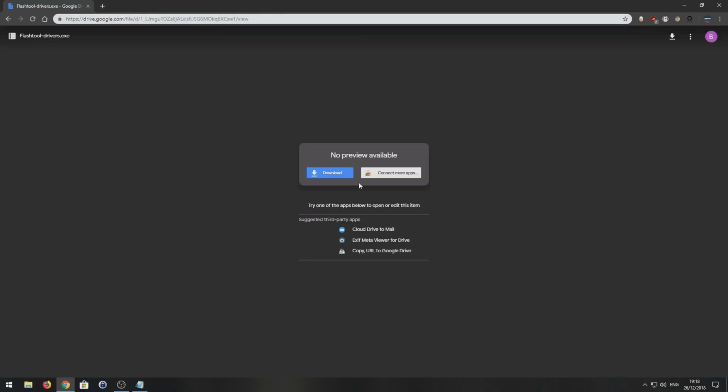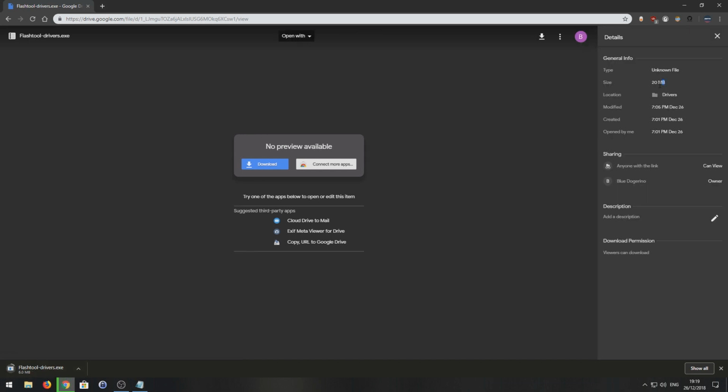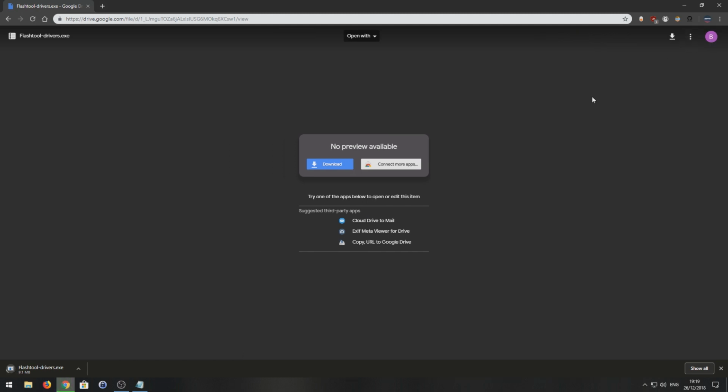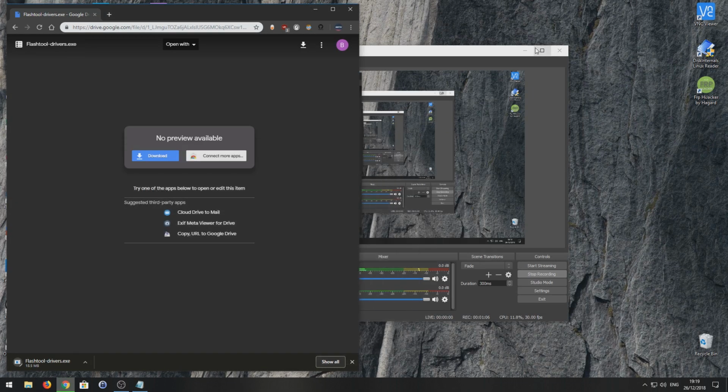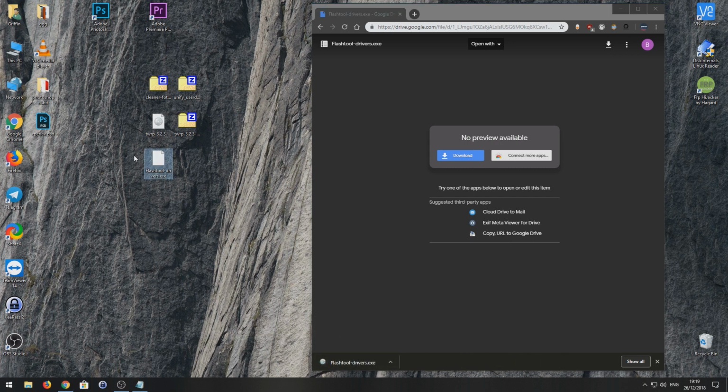It will take you to a Google Drive page where you click download, and there we go. This is a 20 megabyte file, and I will pull it up on the desktop once it's done. Sorry about that. There, it's done, I hope. So pull it onto the desktop. Now before we install these, first thing that you need to do is